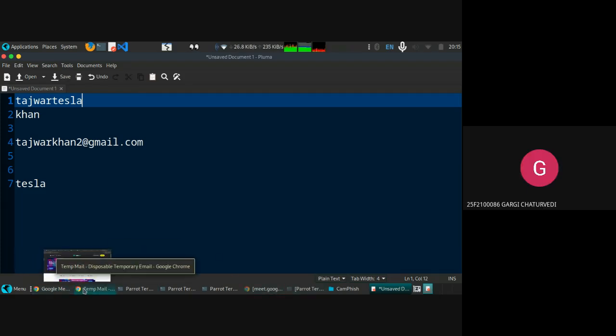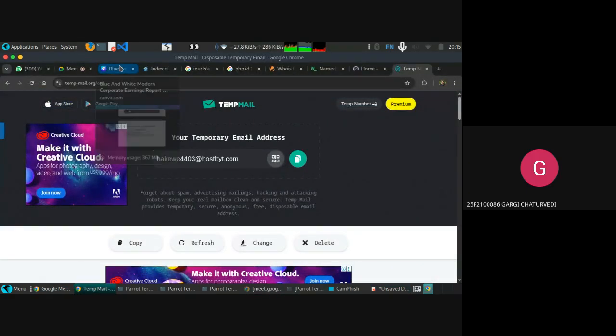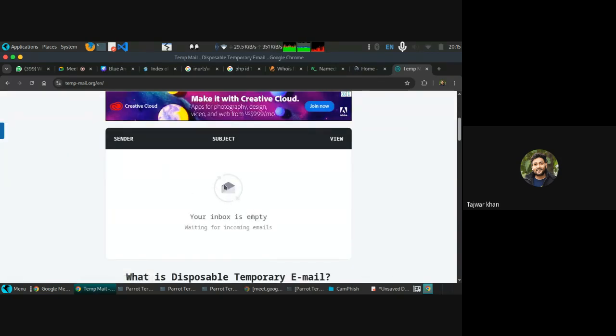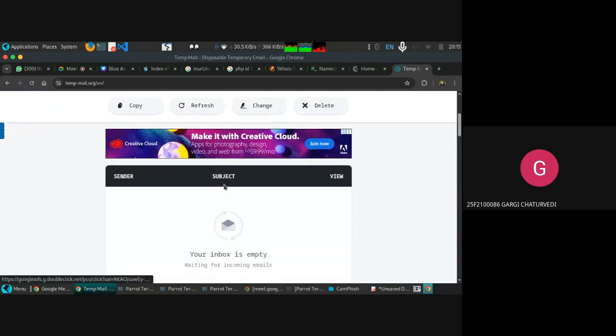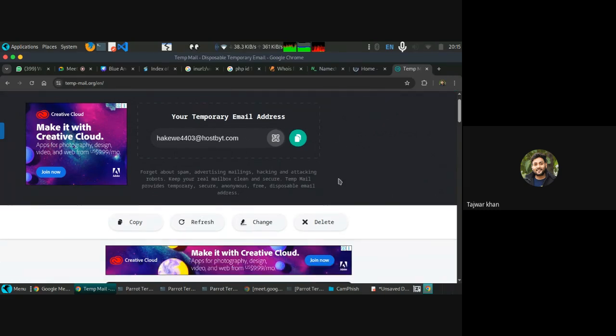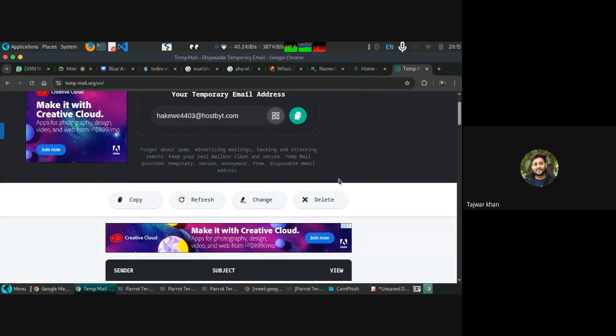If we make a temporary email, can we access its inbox? Yeah, we can access its inbox. This is the inbox. Till how long will we have this access? Generally, if you're not changing your temporary email, let's suppose I'm using this Chrome browser, it will be there for 10, 20, 30 minutes.